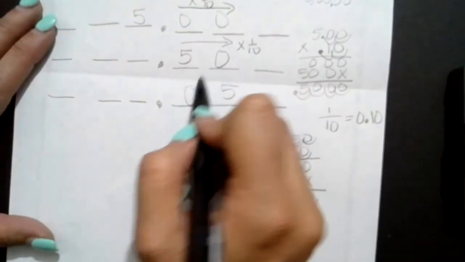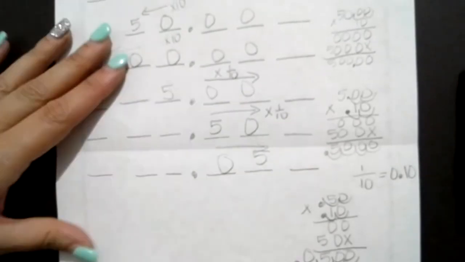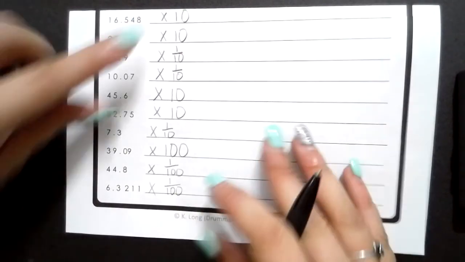Okay? So again, what's happening when I am multiplying by that fraction or that decimal number less than 1 whole, my number is getting smaller. Okay? So when I'm multiplying by a fraction, it's getting smaller. When I'm multiplying by a power of 10 or the 10, 100, 1,000, it's going to get bigger. The money's going to get bigger. So with that, what I want to do is, so we understand what we're doing here, but I'm going to show you a shortcut, okay? So the shortcut, I'm going to take these numbers and we're going to multiply